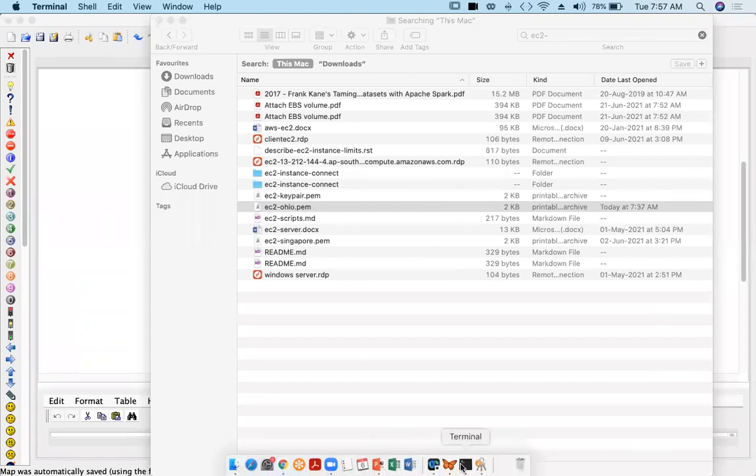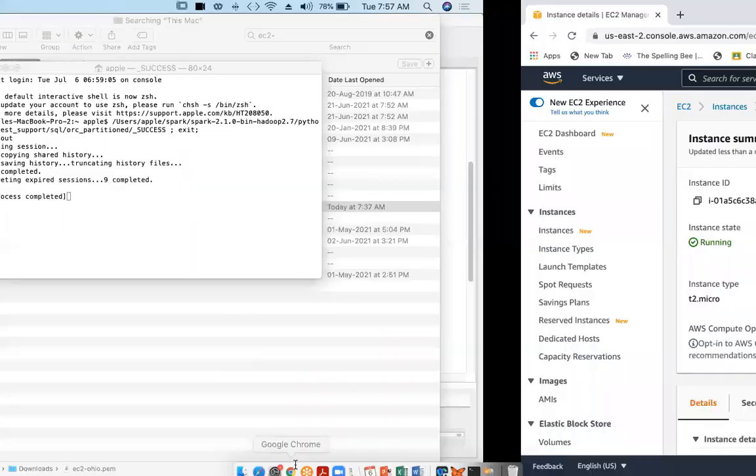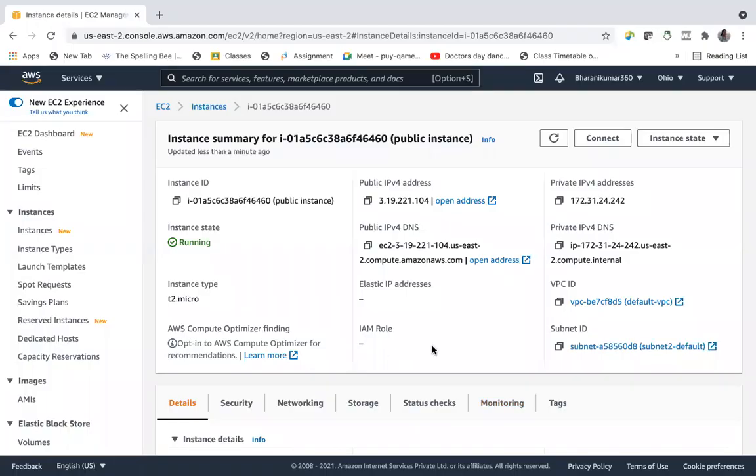Or I can also connect through the browser, since I already copied the key pair.